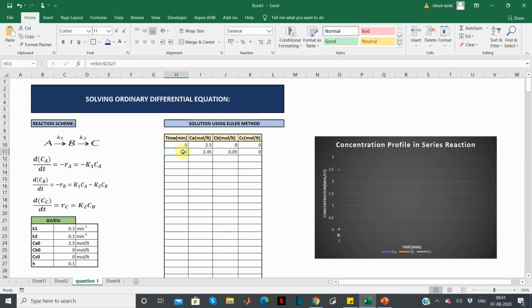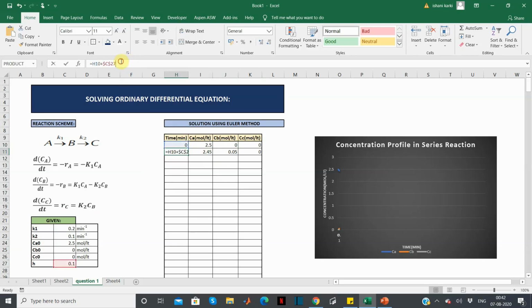For the first point, let's assume the time is 0, and at time t equals to 0, the value of concentration of A is 2.5, for B 0, and for C also 0. And when we will add 0.1, which is step size, it is very important to take small step size to minimize the error.